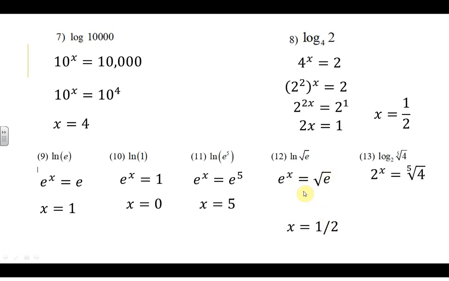I bet you it's going to pop up eventually. It will. But anyway,